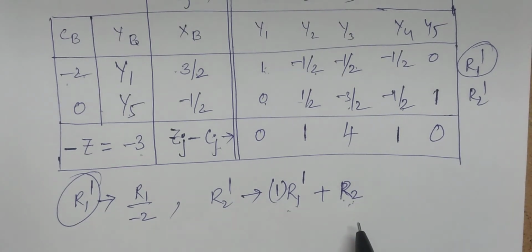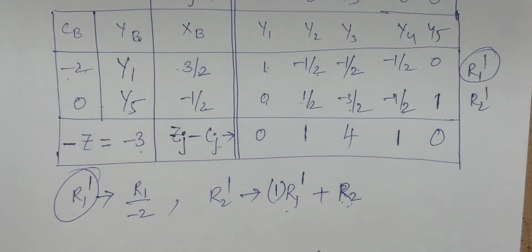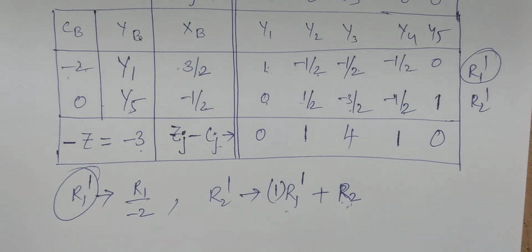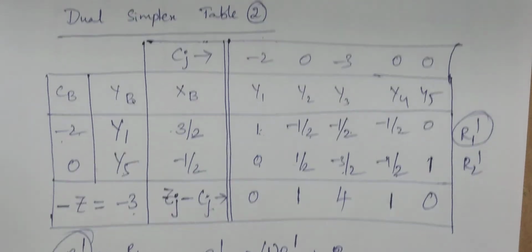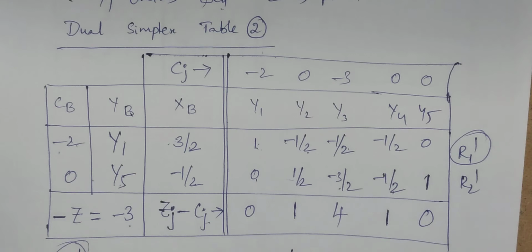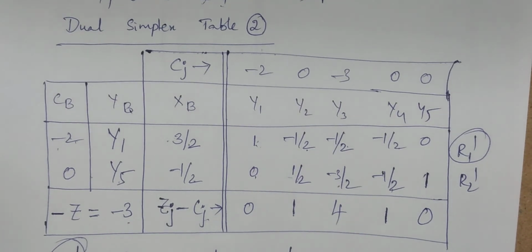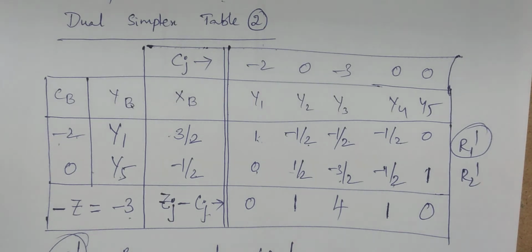At the end of simplex table 2, next we have to enter into simplex table 3. We have calculated the net evaluations and the remaining values in simplex table 2 and finished it. Now which particular vector is going to enter and which vector is going to leave the basis, and the remaining procedure, we will discuss in the next part 2. I finished part 1 now. I continue in part 2. Thank you very much.